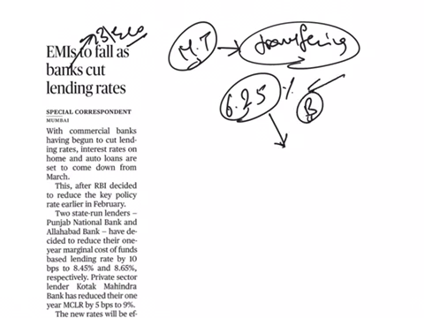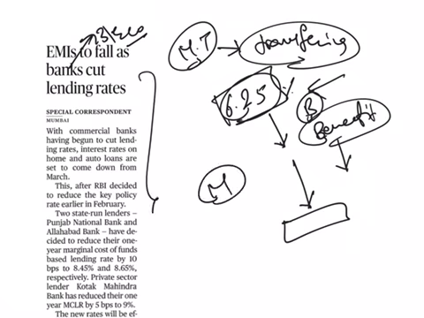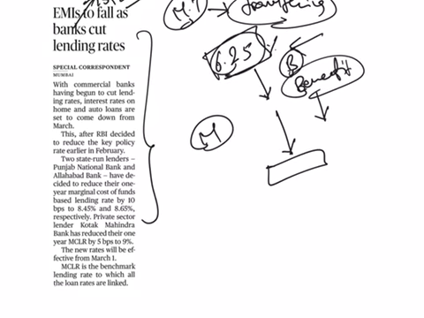Repo rate is the rate at which banks can borrow money from RBI. So RBI has reduced this interest rate, and banks were getting benefited due to the reduced interest rates. Now they should transfer these benefits they have acquired to their customers. This process is known as monetary transmission, and this is what the article is saying.